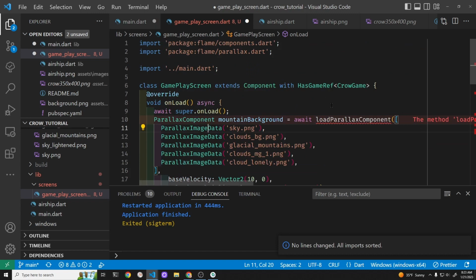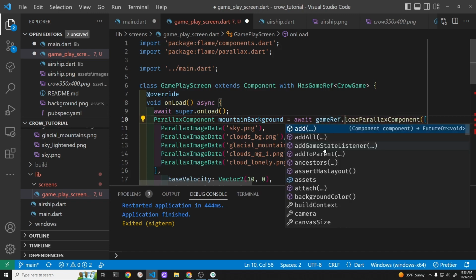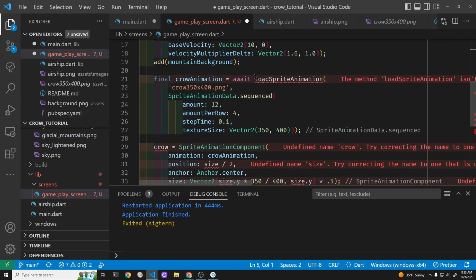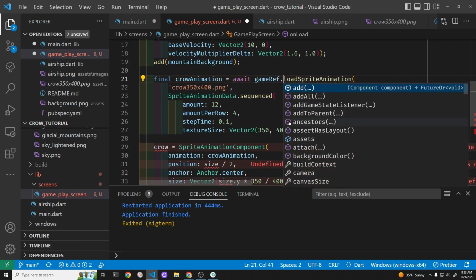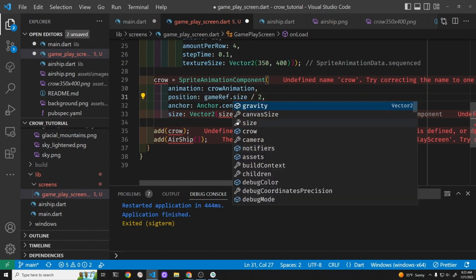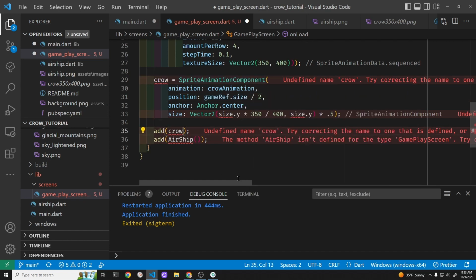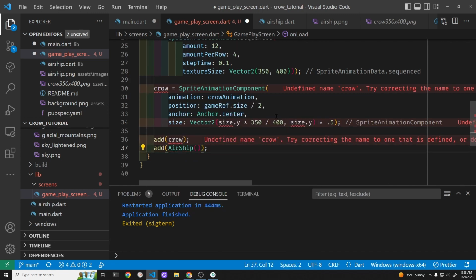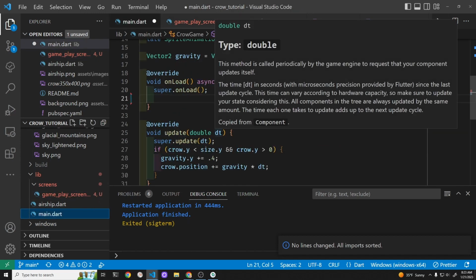We moved it out, so there's no load here. We have to put game ref in front of it. Game ref. The size is game ref. Control dot to import the airship. And this crow here,